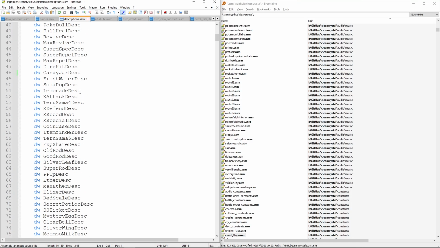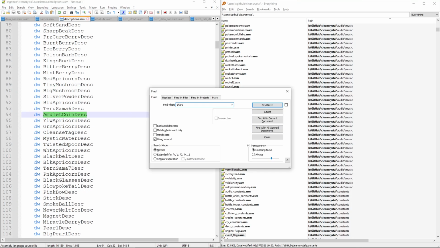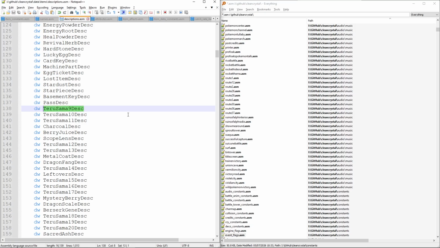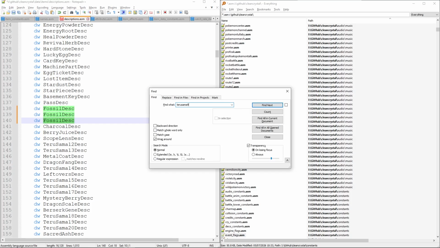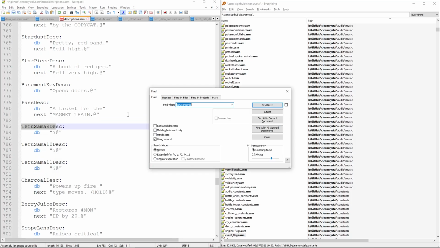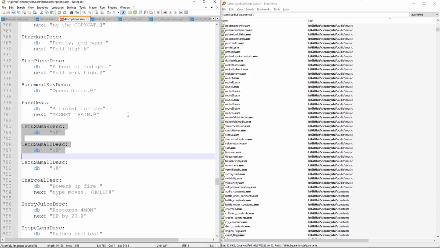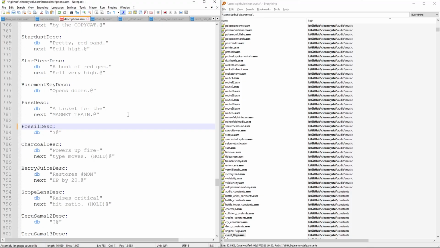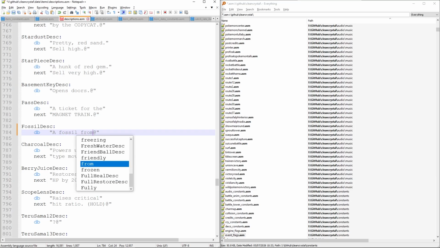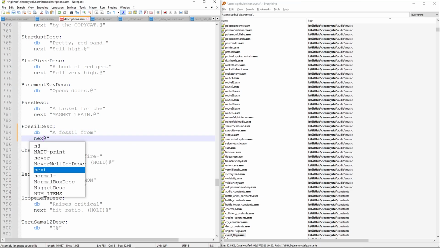So let's first of all find those items. We were in between the charcoal, weren't we? So I'm just going to use a standard thing here of fossil desk for all 3 of them, because you can do that. This list is just pointing to what it should describe. And what was our Terrasama? Terrasama 9. So let's go for Terrasama 9 desk, and we'll delete all 3 of these, and we'll have fossil desk in its place. A fossil from, close the quote, next